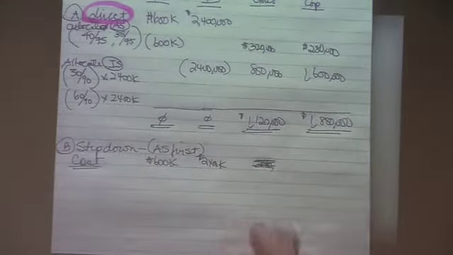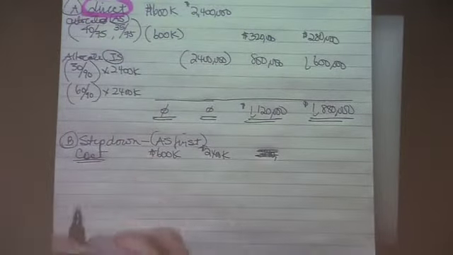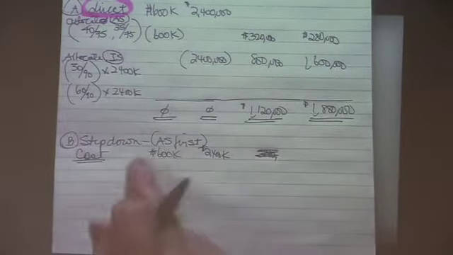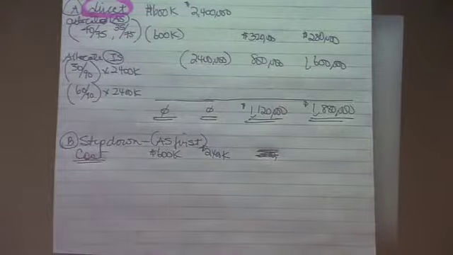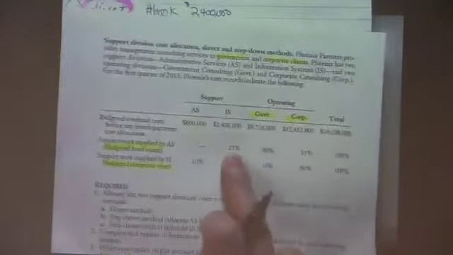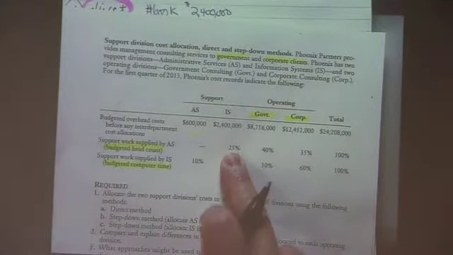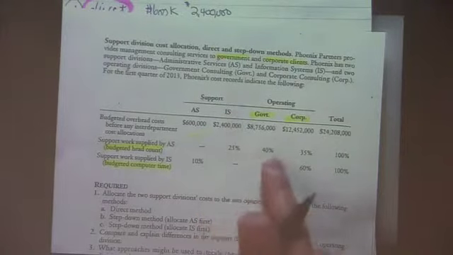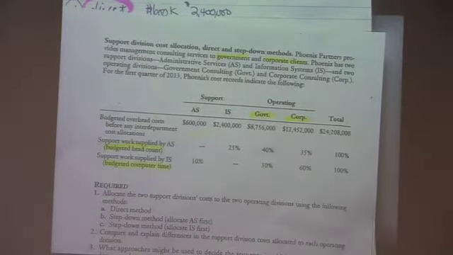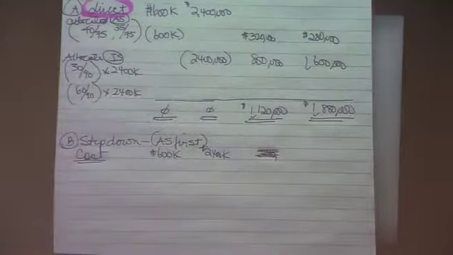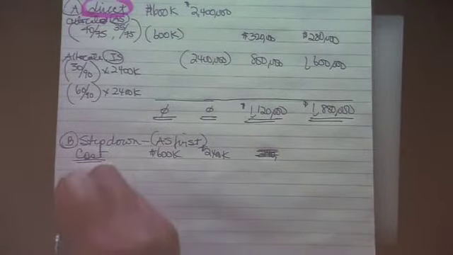Okay, so let's do that first. So we're going to allocate first the admin cost. And we know the admin costs, support by admin, 25% goes to the IT department, 40% goes to the government, and 35% goes to the corporate. So we're going to take 25%